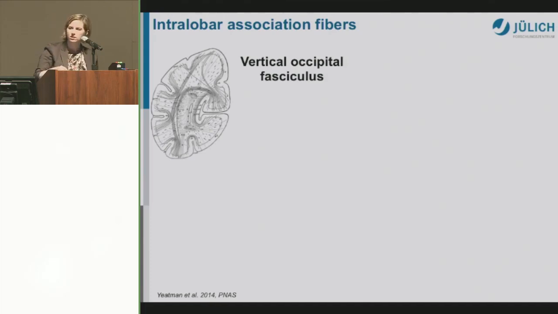And nicely, Kevin Weiner already mentioned this bundle, the vertical occipital fasciculus, which terminates within the fusiform gyrus, and I will just briefly show you where it is located. This is the one delineated here already at the end of the 19th century, which runs all the way from the dorsal to the most ventral aspects, which would here be the fusiform gyrus. And in this study that has already been mentioned by Kevin,